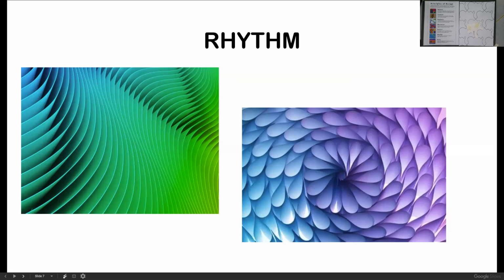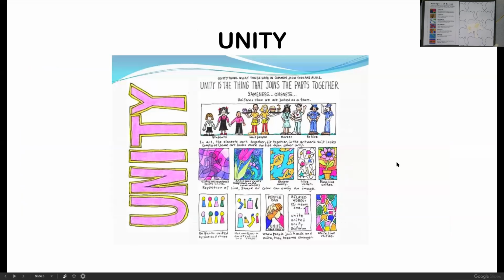And then the last one is called unity. And unity is how things fit together. So think of unity as in if I'm going to draw a landscape, especially now with the leaves changing, I want to make sure that everything flows together. If I draw a nice landscape with colors, with leaves changing into yellow, orange, and red,